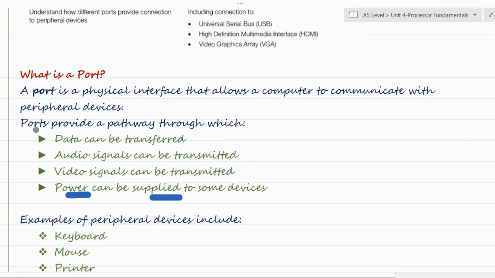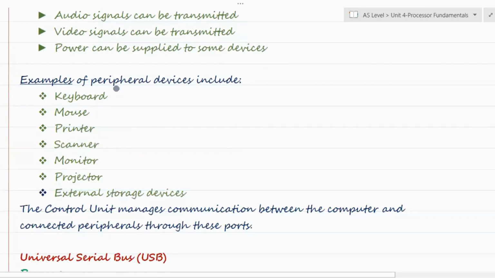Okay, so that's what a port is required for. These are some examples of peripheral devices: keyboard, mouse, printer, scanner, monitor, projector, external storage devices, etc.